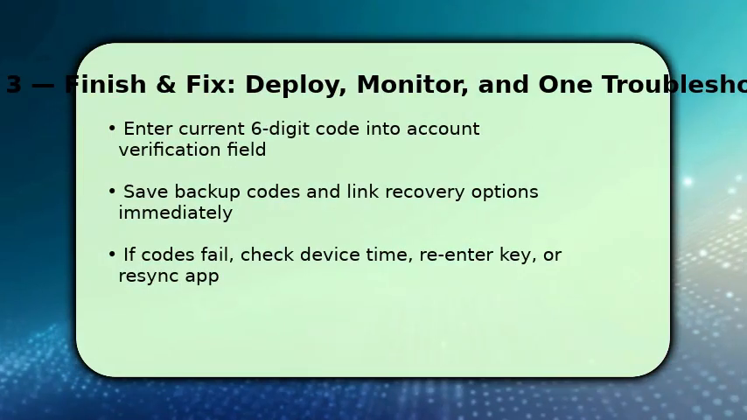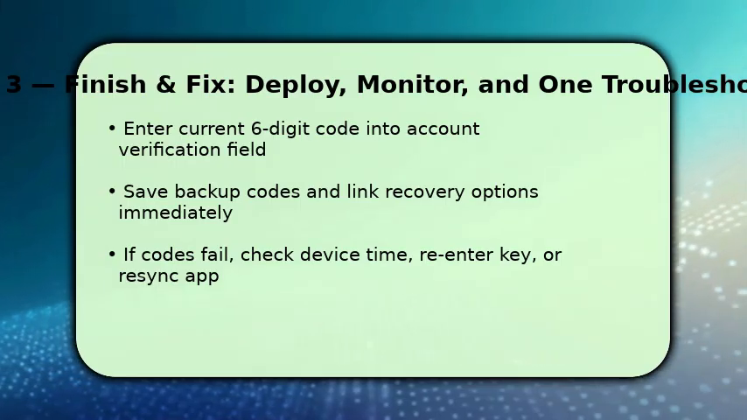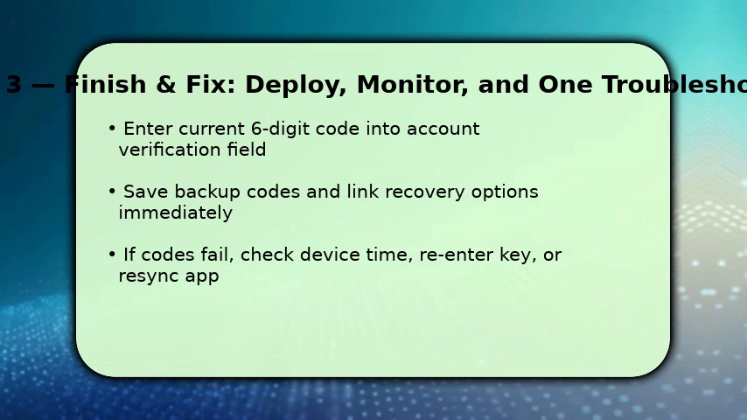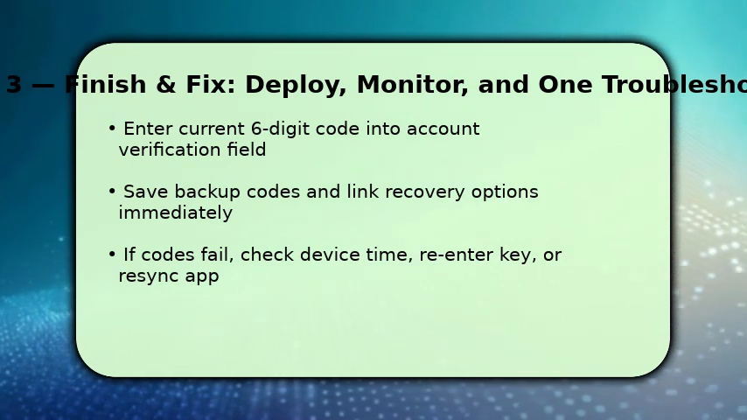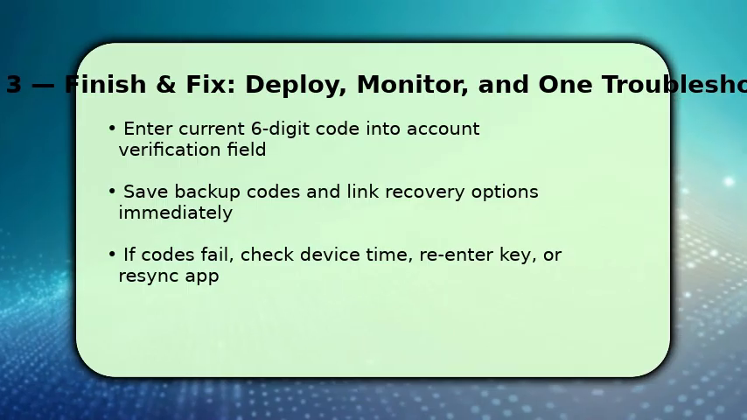You finish by verifying. Type the current 6-digit code from the Authenticator into the account's verification box and confirm. This binds the app to your account. Once verified, save printed or stored backup codes and add recovery options so you can regain access if you lose